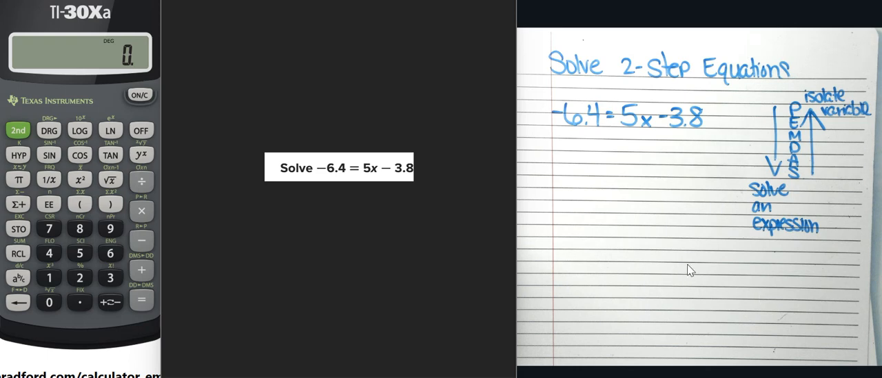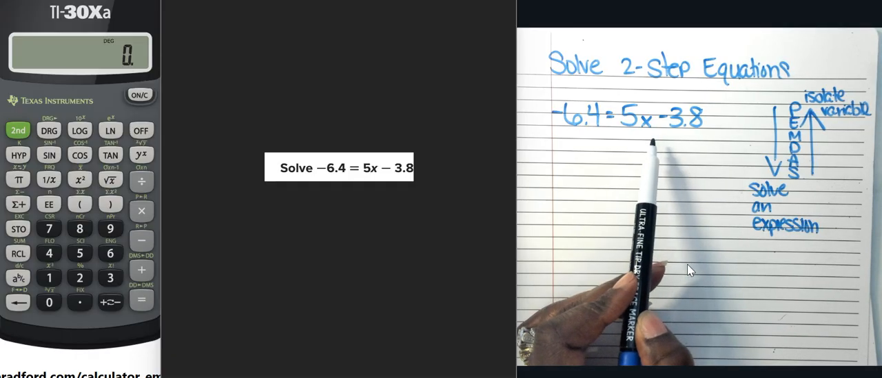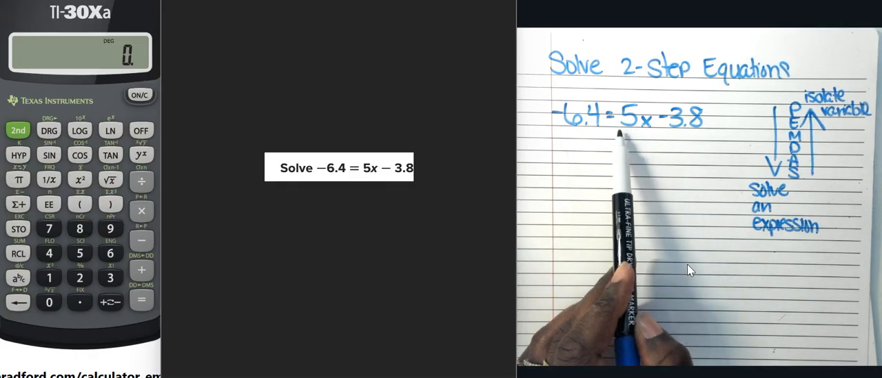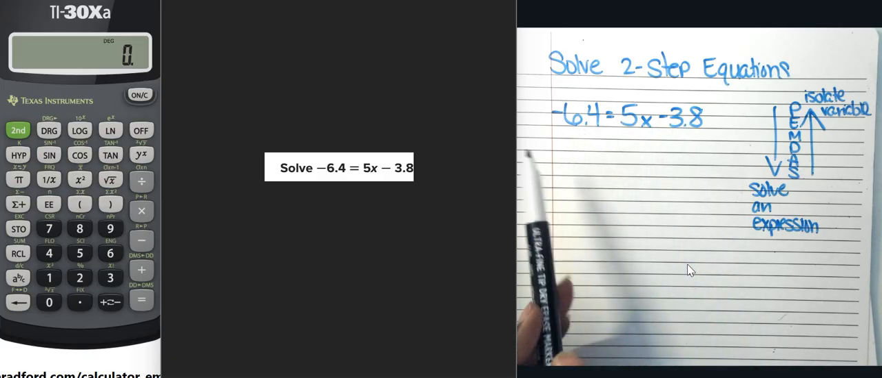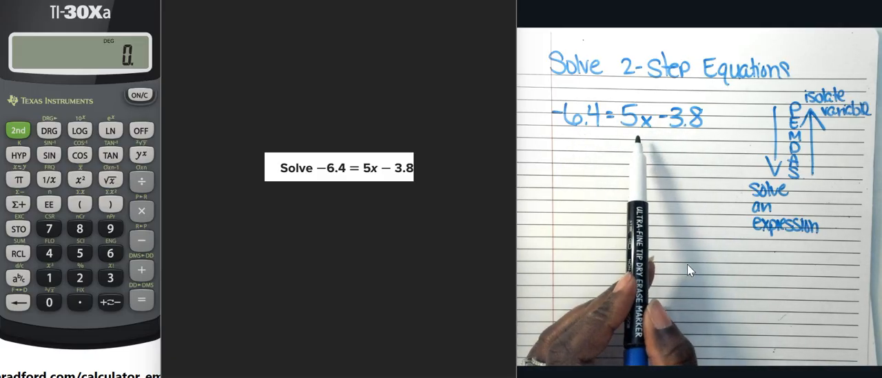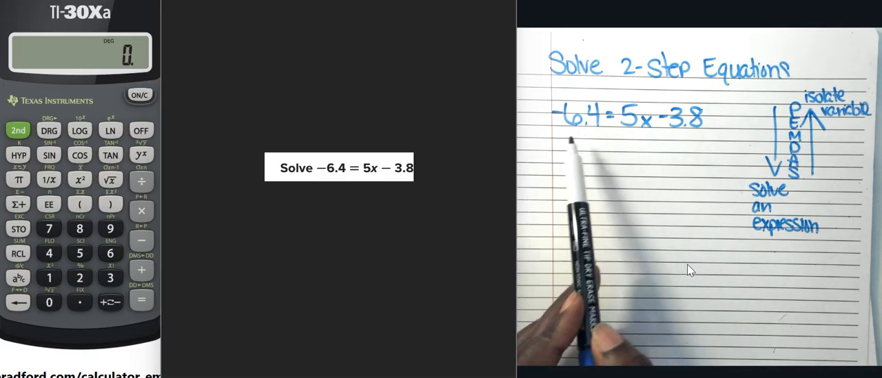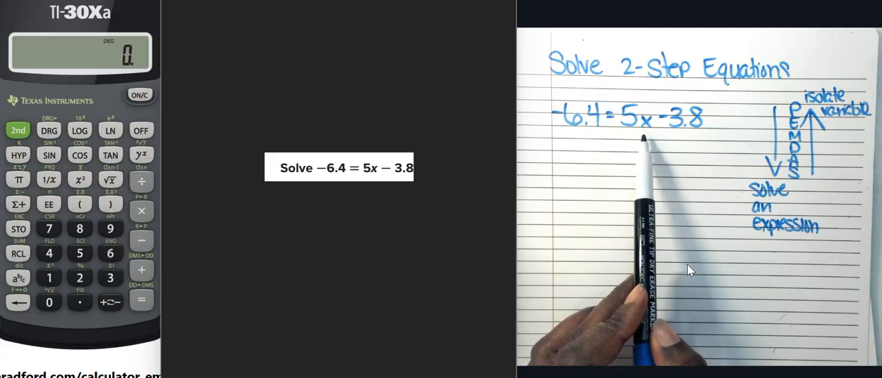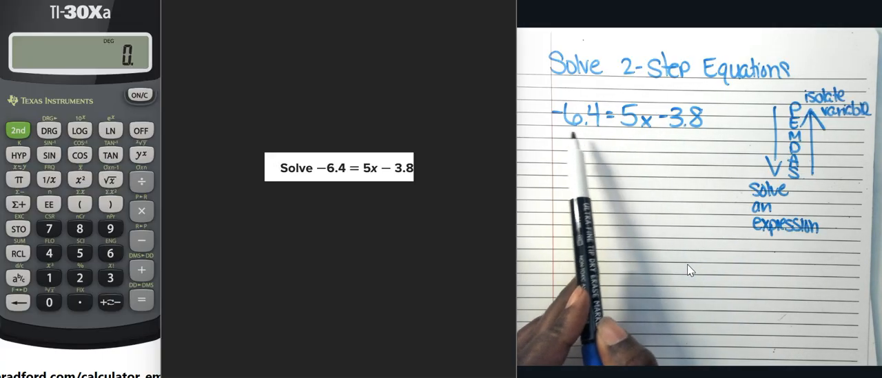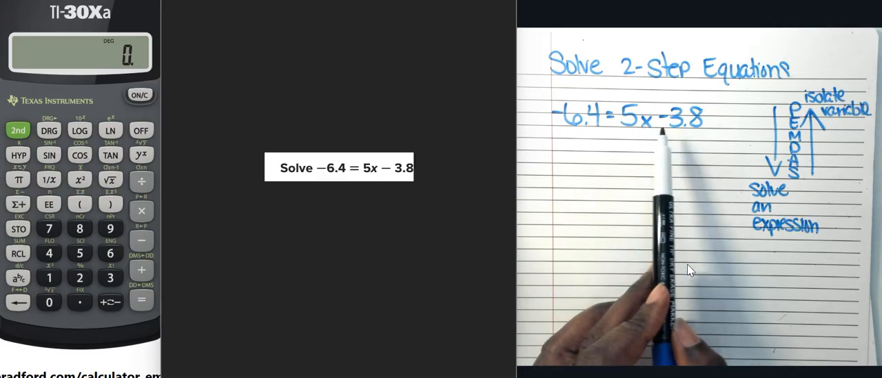All right, so our next problem that we're working on, we're going to solve for x. And this is a two-step equation, meaning that it's going to be more than one step for us to solve for x. So there's two steps that are going to be required in order for us to isolate the variable. So we have negative 6.4 is equal to 5x minus